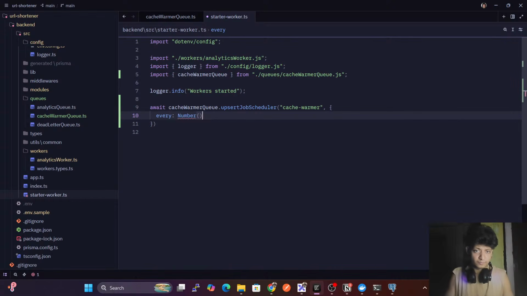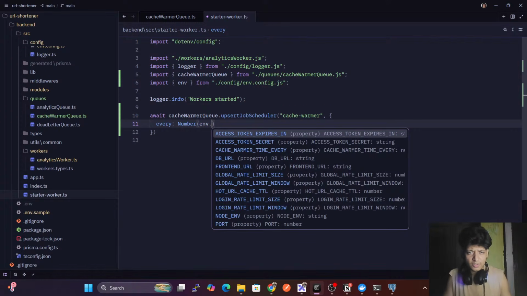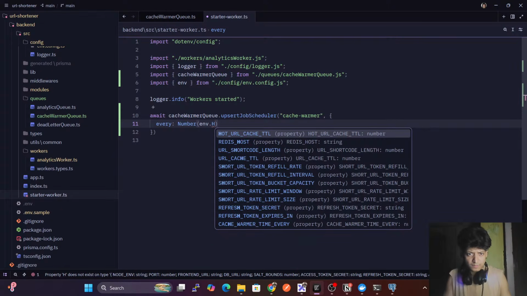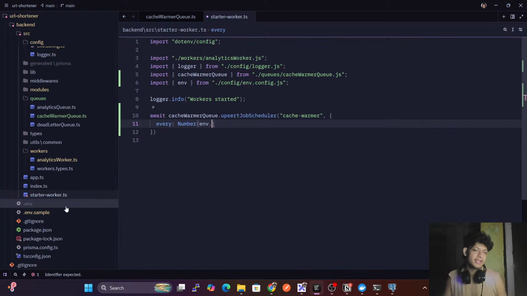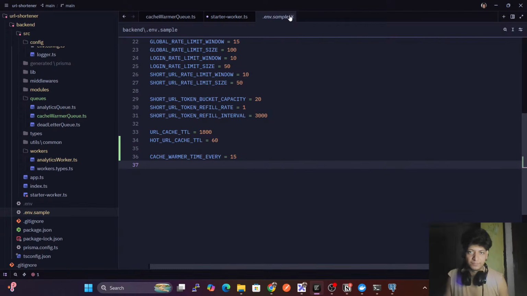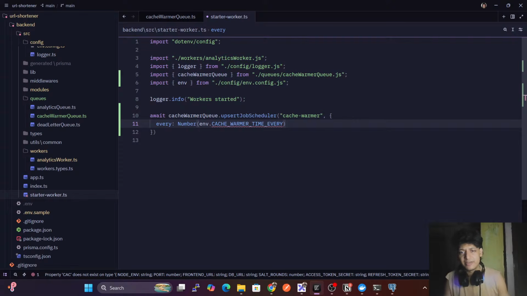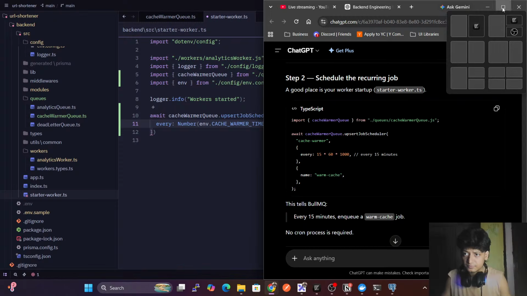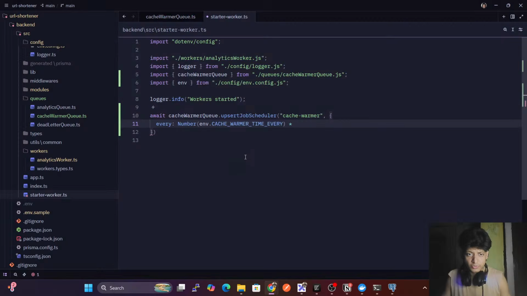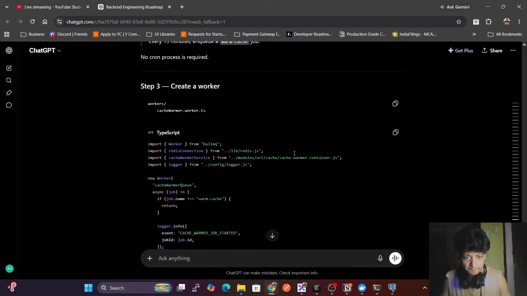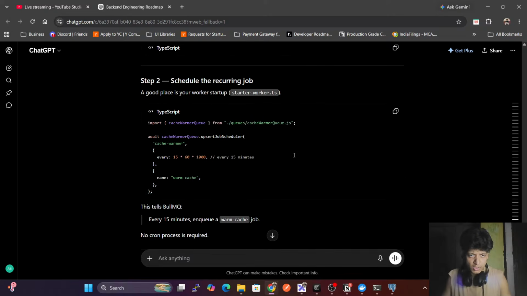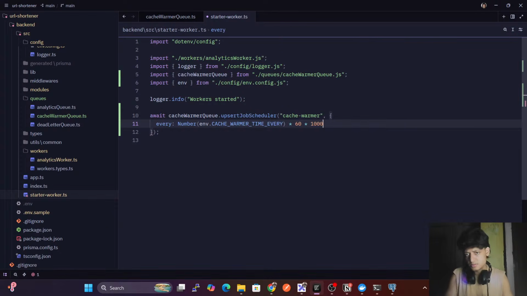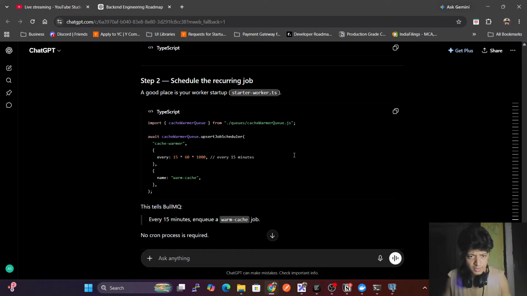Free env dot URL. How can I forget the name, man? Env.sample cache warmer time every. Cache warmer time every. Now here we have to do this, into 60, into 1000. Fine, okay. Every this, then